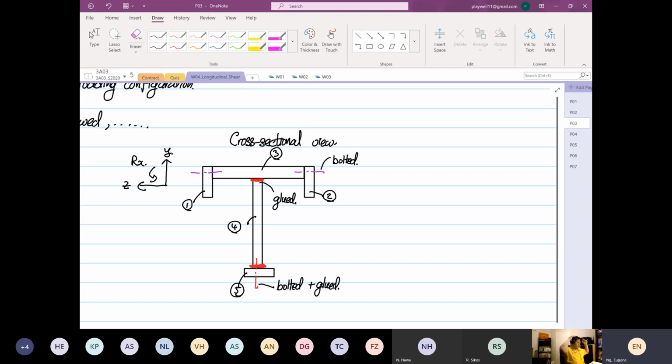Now, question for you. Where will the structure fail? Anyone? Where will the structure fail? At the glued joint between 4 and 3. Okay, you're right. The failure will occur at the